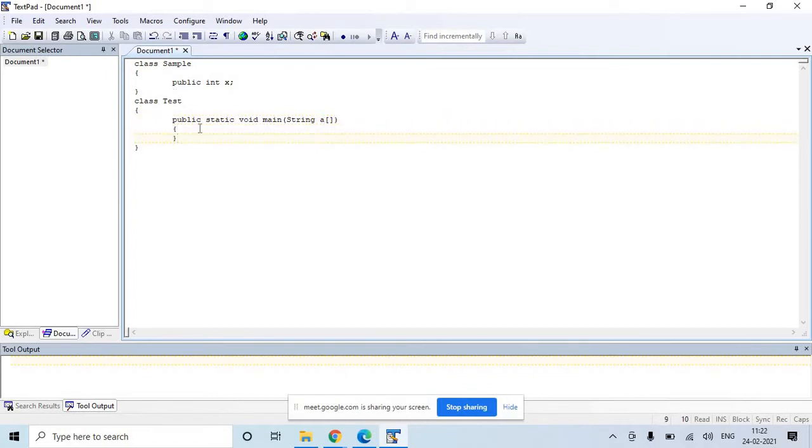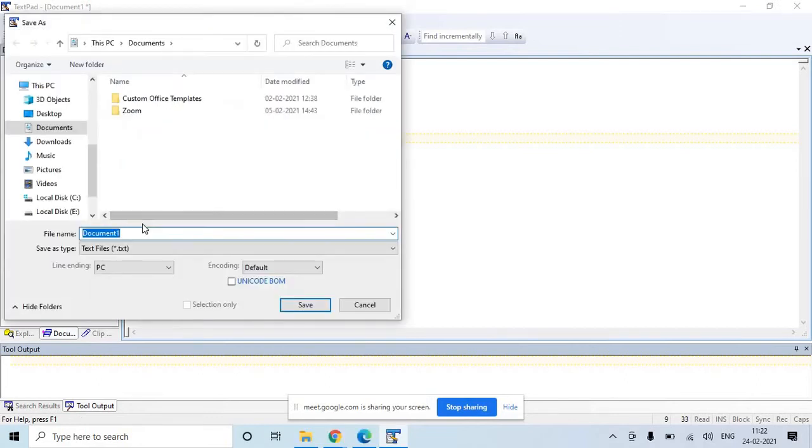Inside main, I want to create an object of the Sample class, say Sample s is equal to new Sample. Okay, this is how I can use it. I will save it with the name Test.java.